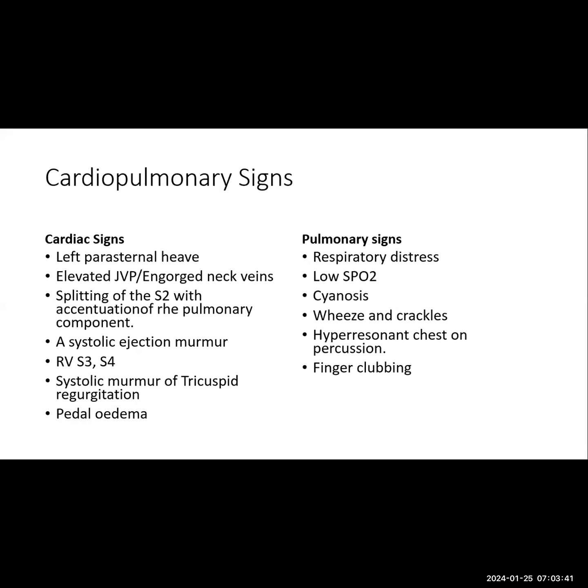Then the second question, what are the cardiopulmonary signs I will find in this patient? So the cardiac signs will include the left parasternal heave, because I'm expecting this patient to have right ventricular hypertrophy. I will see an elevated JVP or engorged neck veins. Patient will have splitting of the second heart sound with accentuation of the pulmonary component, because I'm expecting this patient to have